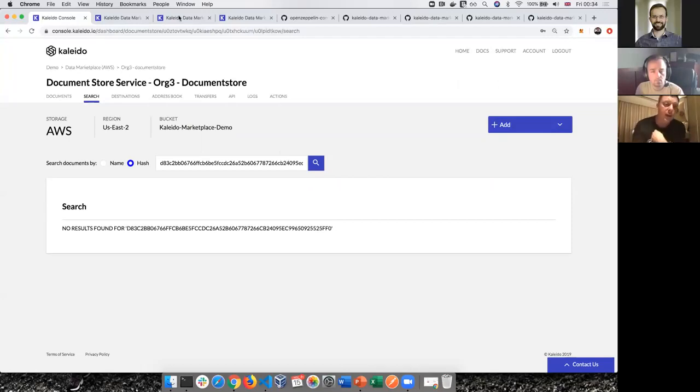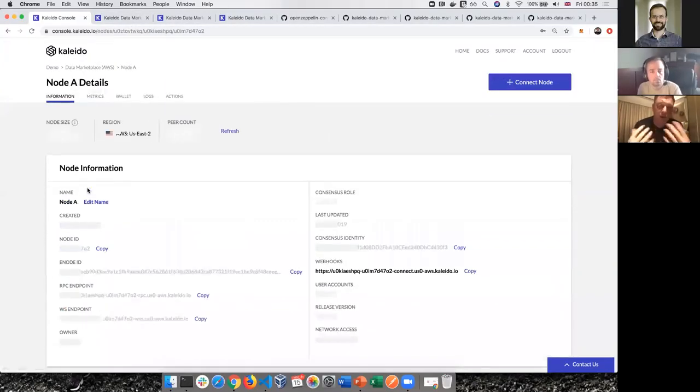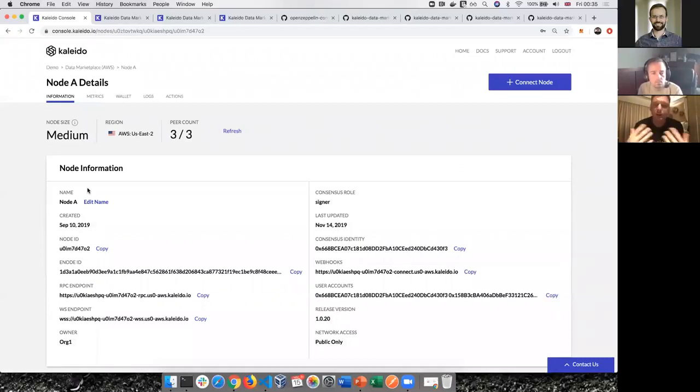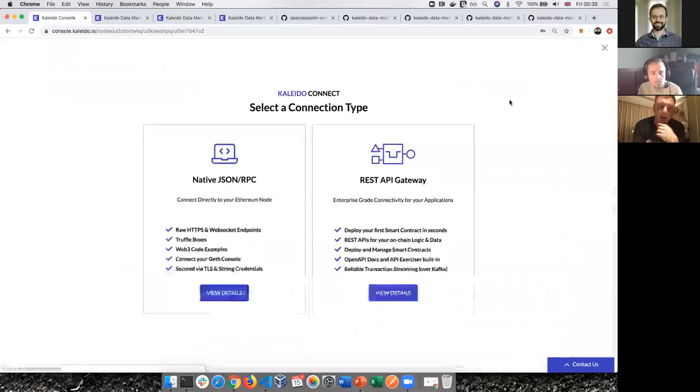But we can also take a look and actually see how easy it was to submit the on-chain transaction using Kaleido's infrastructure. If I navigate back out and have a look at the node, the blockchain infrastructure that organization one is using on the chain, and I click connect, you'll see that Kaleido provides two ways to connect to a node. It provides those rich Solidity, Ethereum specialist, or blockchain specialist interfaces for the developer of the on-chain